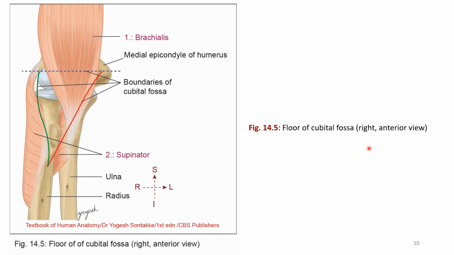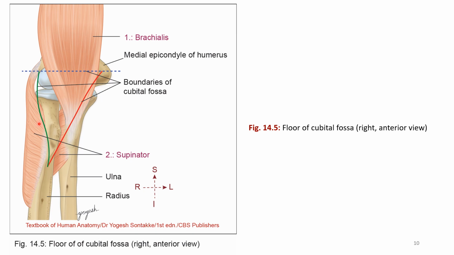The floor of the cubital fossa. The floor of the cubital fossa is formed by brachialis in the upper part and supinator in the lower part. Okay, so brachialis in the upper part and supinator in the